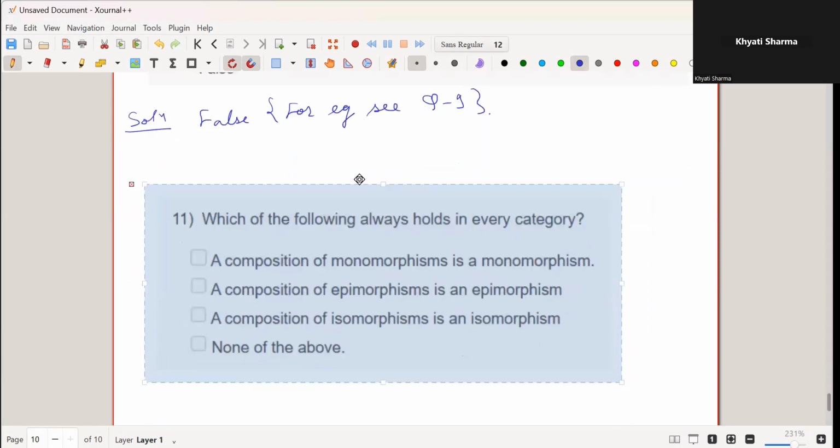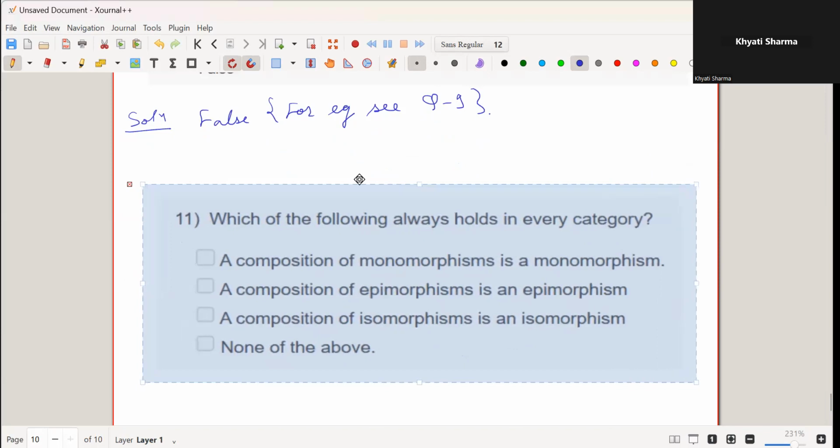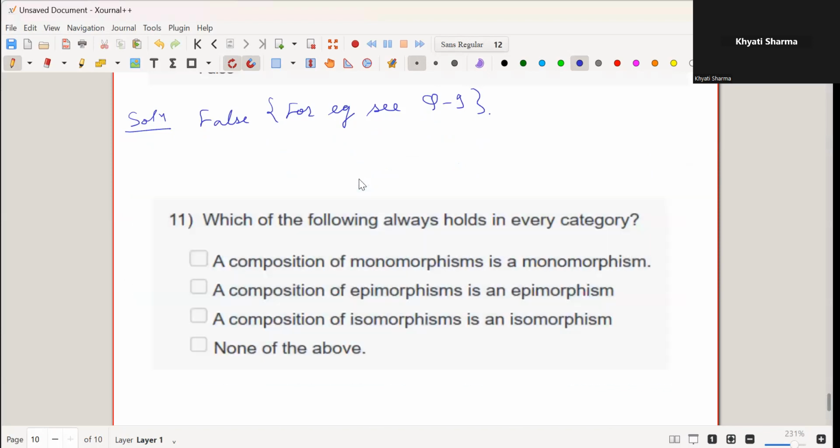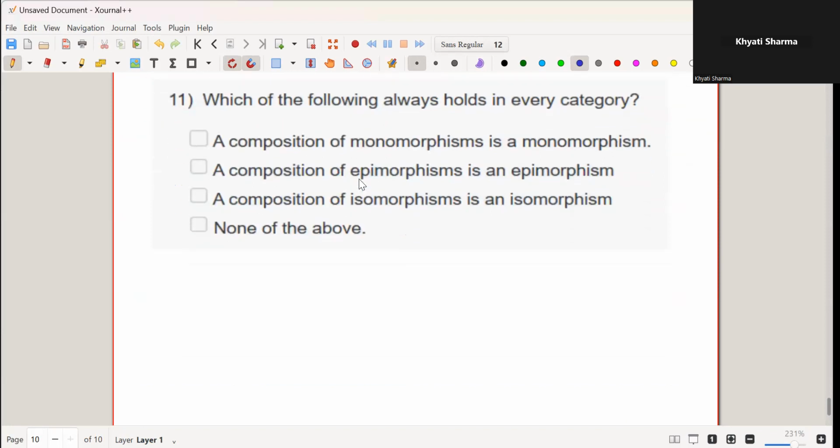So it's also a simple question. It says, which of the following always holds in every category? A, a composition of monomorphisms is a monomorphism. B, a composition of epimorphisms is an epimorphism. And C, a composition of isomorphisms is an isomorphism. So A, B, C are correct